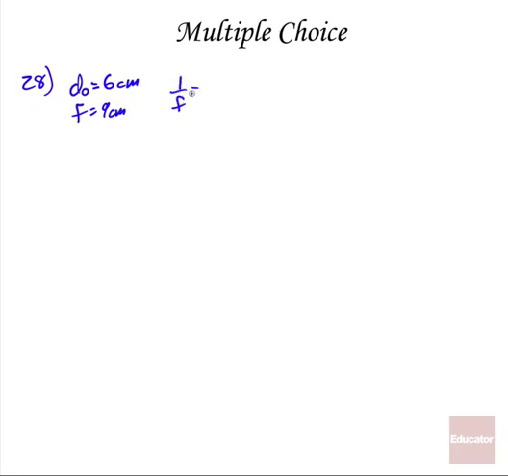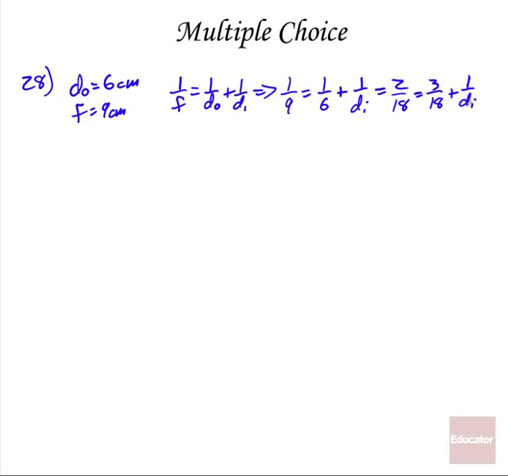Well, we'll use our equation again. 1 over f equals 1 over do plus 1 over di, to find that 1 over 9 equals 1 over 6 plus 1 over di. And I'm going to rewrite that as 1/9, that's 2/18, equals 1/6, that'll be 3/18 plus 1 over di. All right, that makes it pretty easy to see then that 1 over di must be negative 1/18. So 1 over di equals minus 1/18. Therefore, di must equal negative 18 centimeters. Once we have that, the magnification